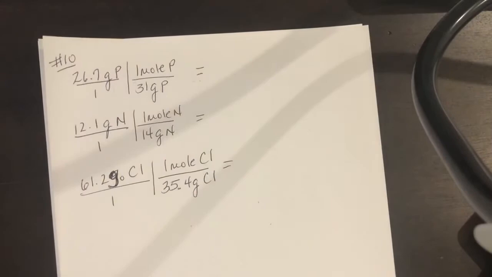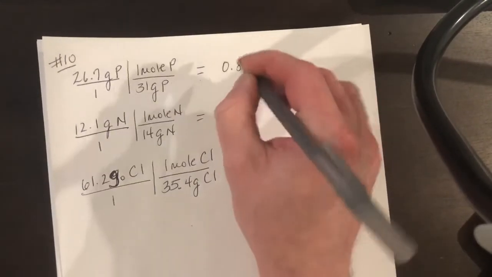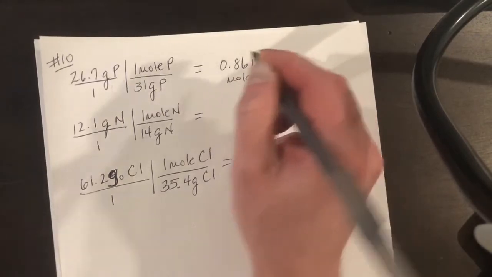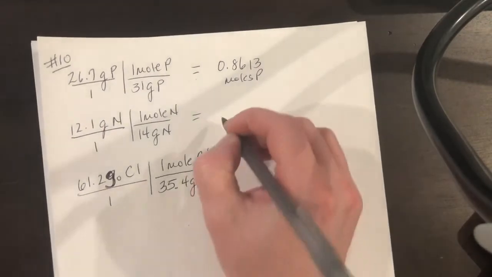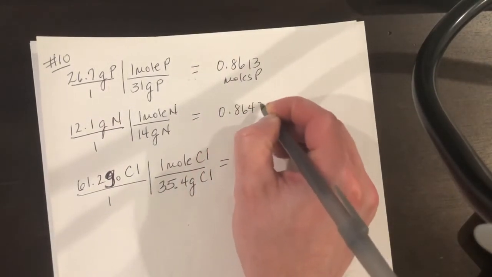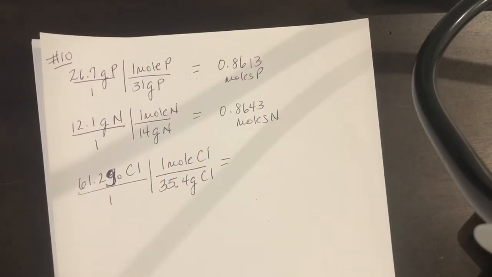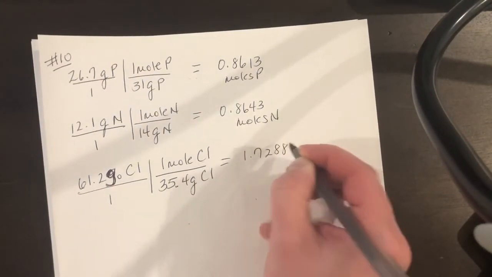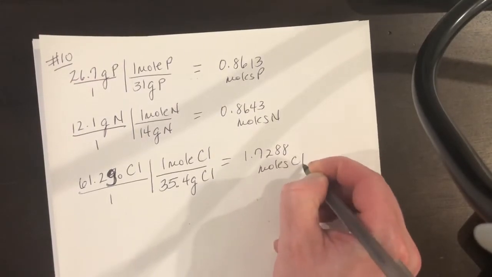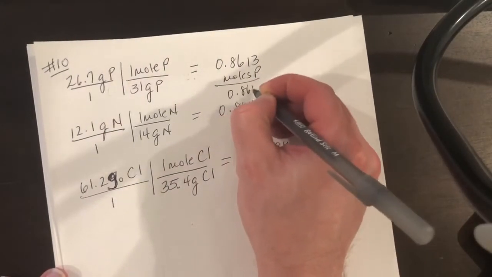Now we're going to put these numbers in our calculator, so 26.7 divided by 31 is 0.8613 moles of P. And then we're going to do 12.1 divided by 14, which is 0.8643 moles of N. And then chlorine, 61.2 divided by 35.4 is 1.7288 moles of Cl. Okay, so our second step was to divide through by the smallest number, 0.8613,